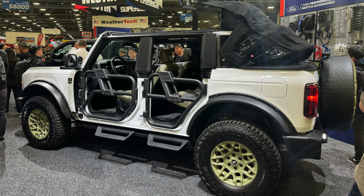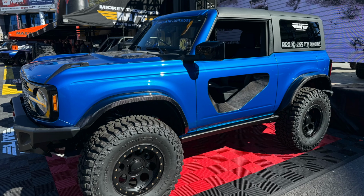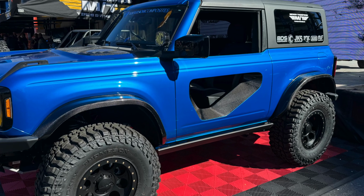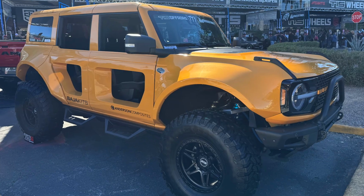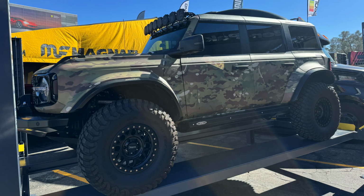Ford's booth was showing off the Bronco Wild Fun accessories we covered prior to the show, including these new tubular doors available through dealers. More exciting were these carbon fiber and fiberglass doors from Anderson Composites, which have gaping holes and probably better aerodynamics. This was Post Malone's new Bronco, built with MagnaFlow exhaust, a new cambered long travel suspension